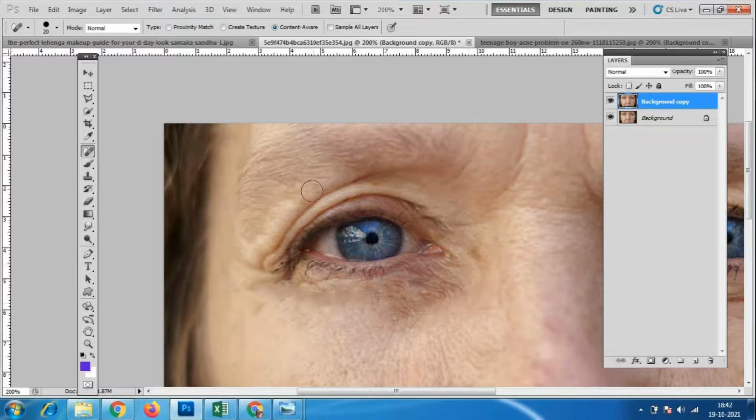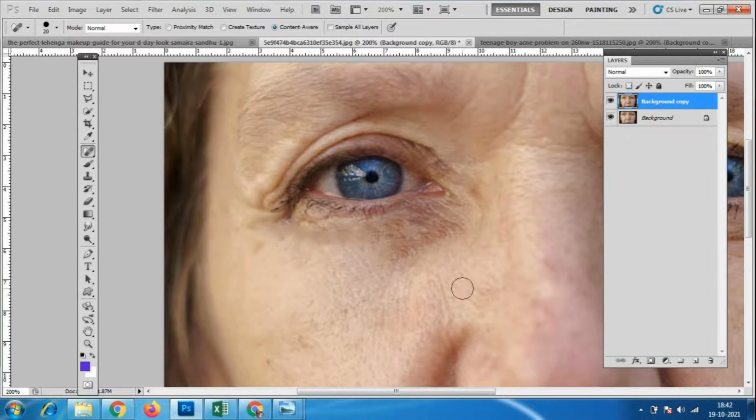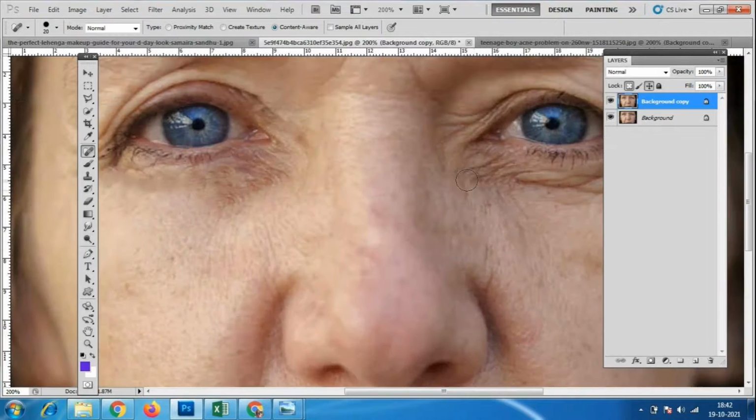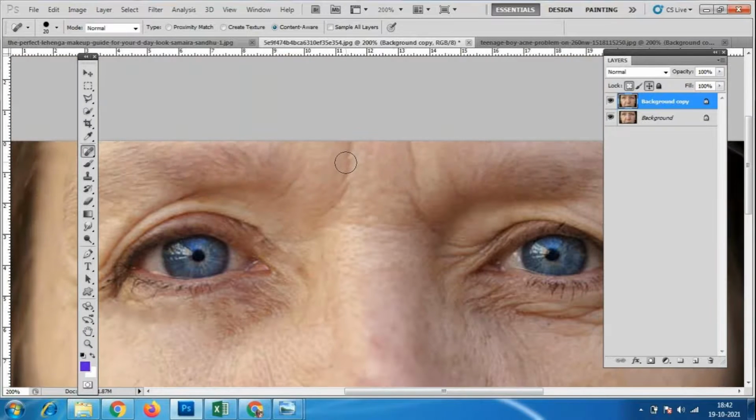Don't remove the complete eye or the eye lines, you cannot remove those. Only this much, wherever necessary, there itself we have to remove it. In this you cannot copy the skin and place it over here. You have to use this tool only, because wrinkles are everywhere, so we cannot copy from one place to another.